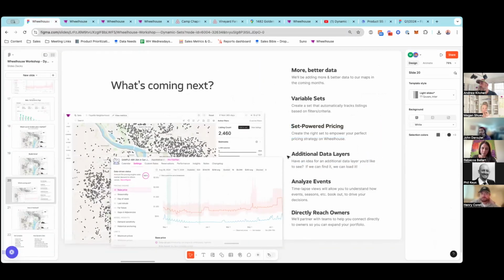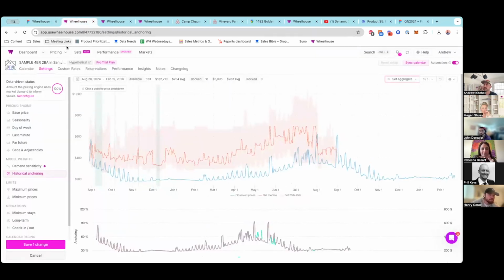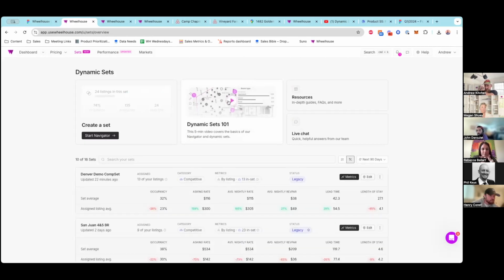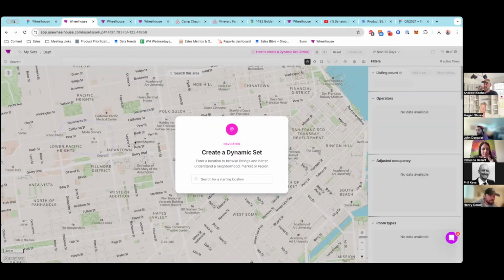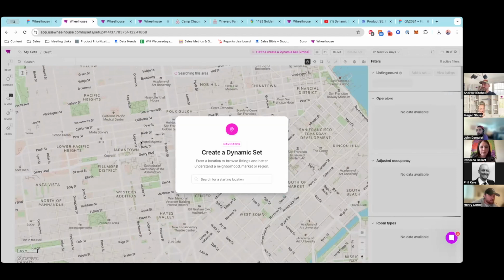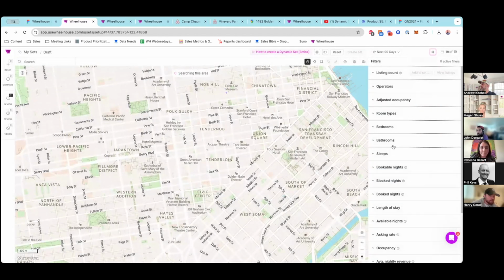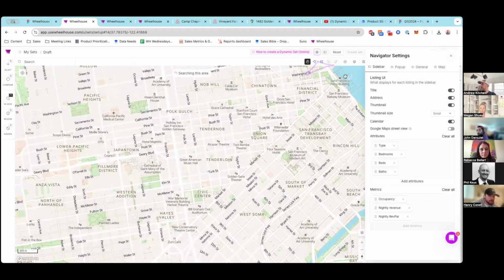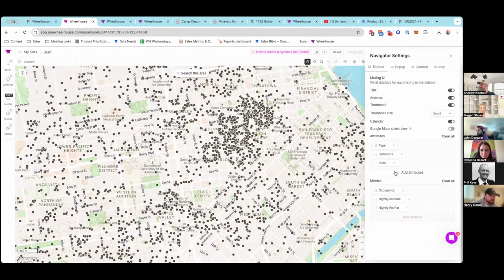Andrew, there was a question. Yeah. Can you go to the sets navigator page just so I can answer it visually? Yes. And then go here. So this was Rebecca's question, is if we can see the cleaning fee. And you just click over here. If we go up here, there, the settings. And let's just X out baths for now. And then cleaning fee, that was the one. So you can add that attribute, and then